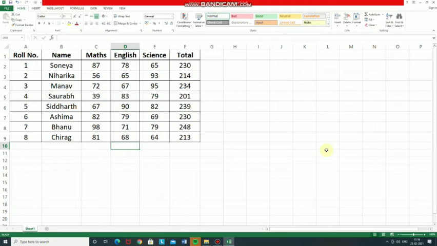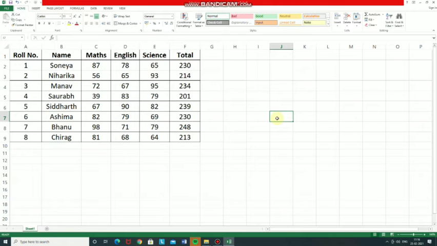Selecting cells. Some operations, for example, making the text bold, coloring the text, copy pasting the cells data, etc. may need to be performed on a range of cells. A range is a rectangular block of contiguous cells. Contiguous means cells that touch each other spatially along a line. So children, you can see here, these all are the contiguous cells.